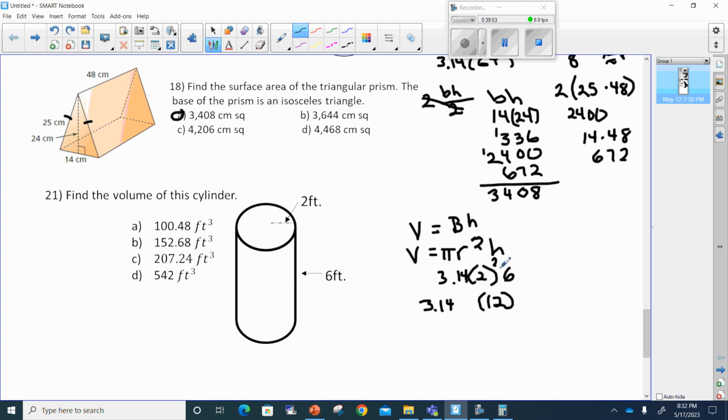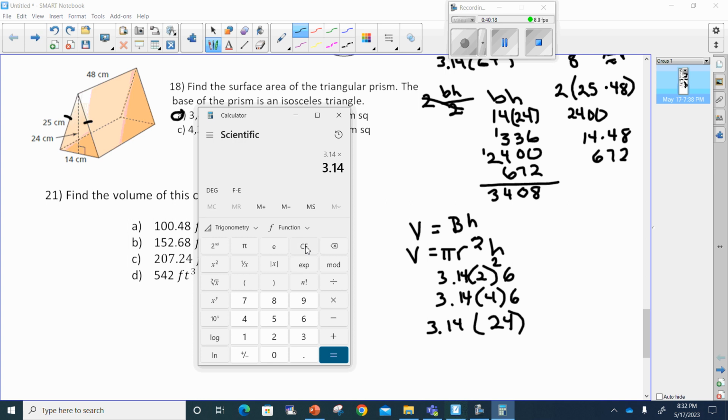I'm sorry, look at that. That was my mistake. Remember, it was squared. So I'm glad that I double checked that. So that's going to turn this to 3.14 times 4 times 6. 4 times 6 is 24. Now we're taking 3.14 times 24. Let me go ahead and try that. 3.14 times 24, that's equal to